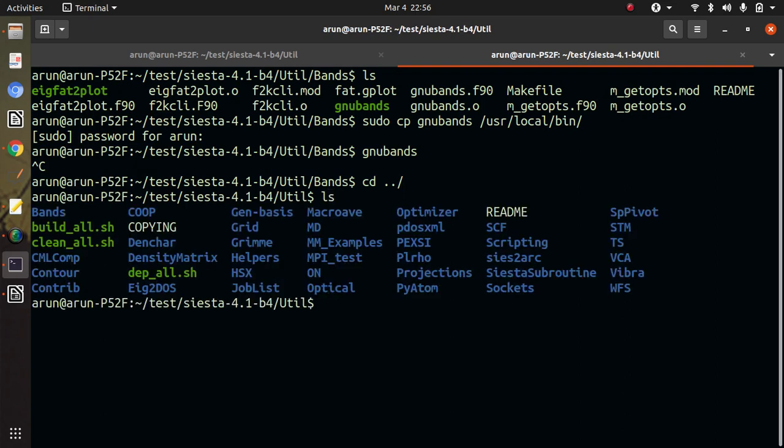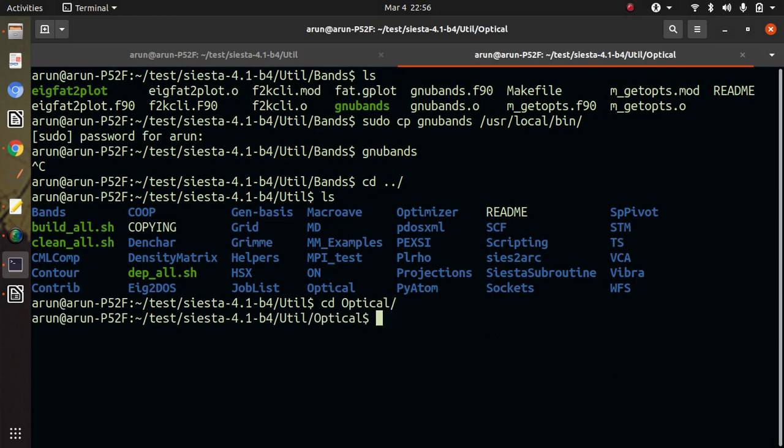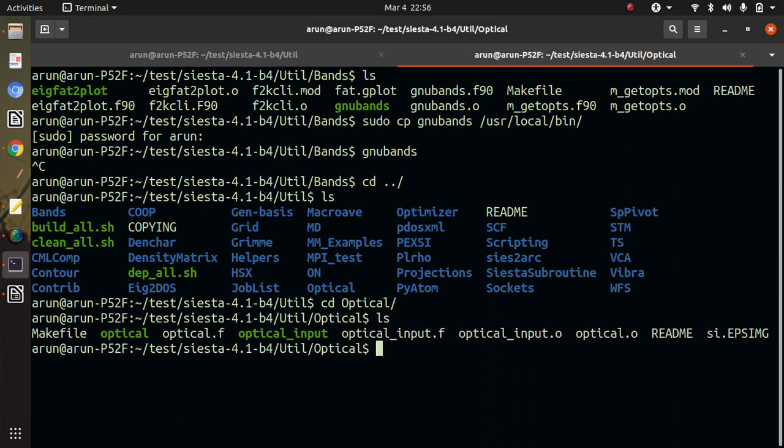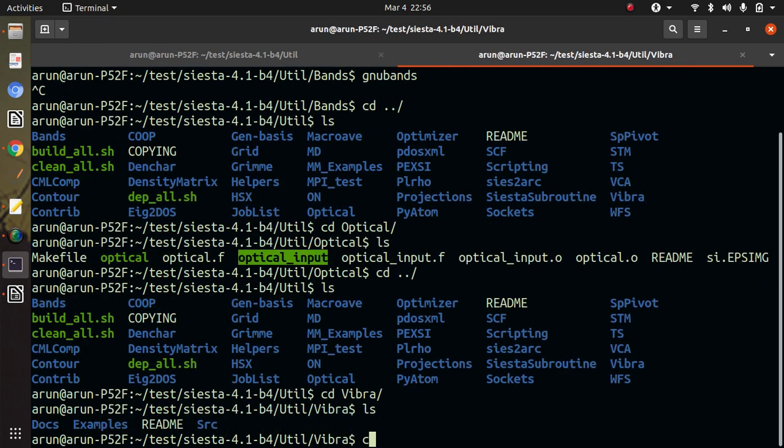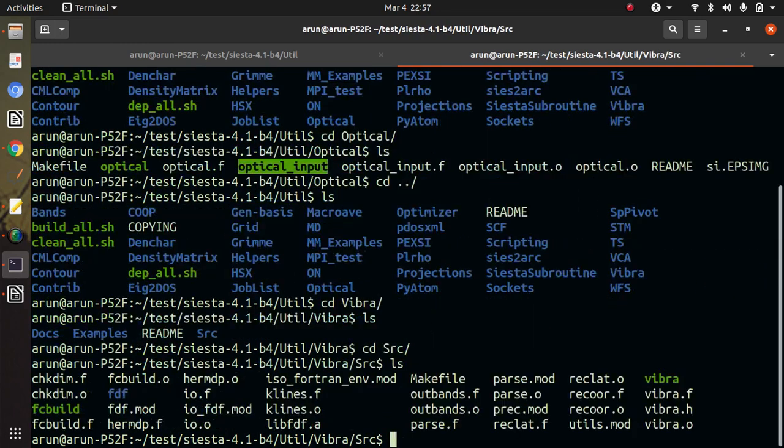So I talk about this, and then let us go to the optical. In optical there are two utilities, one is optical and another is optical underscore input. Then let me go to the other one, Vibra.